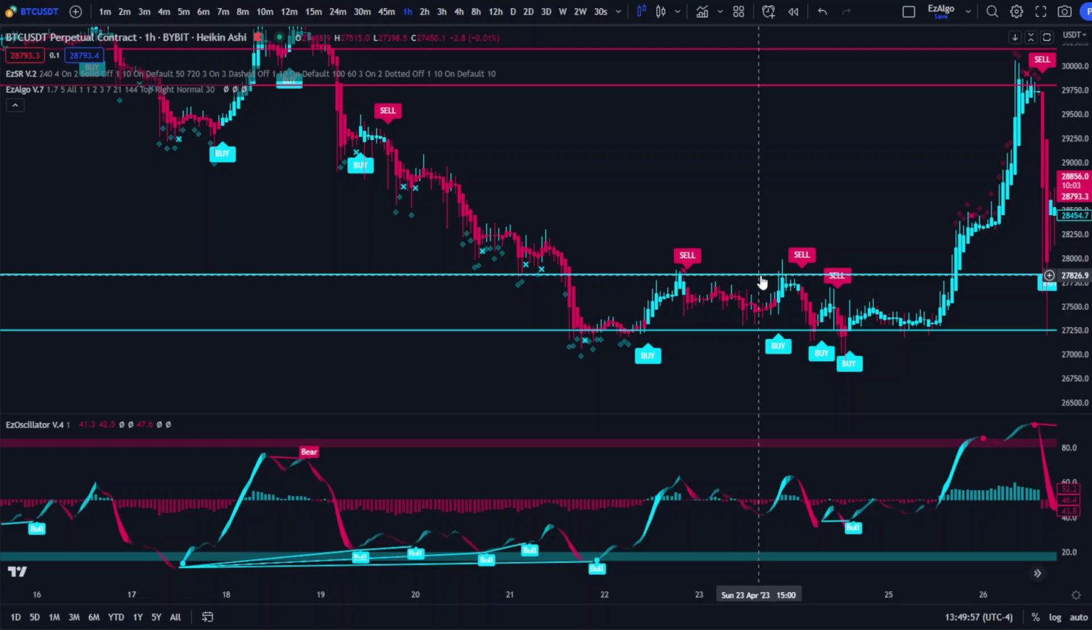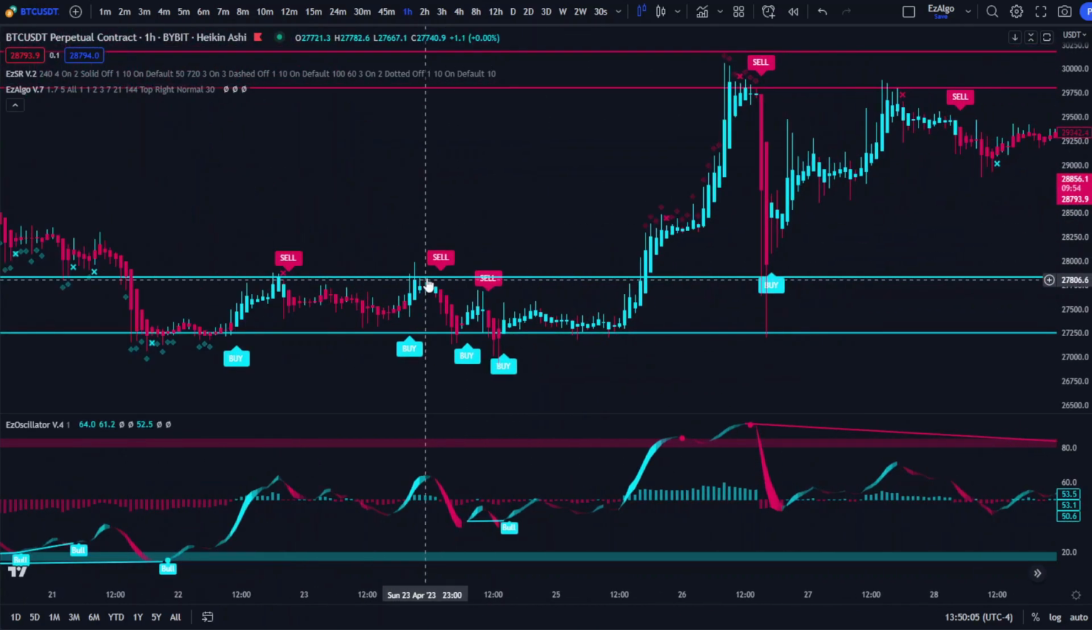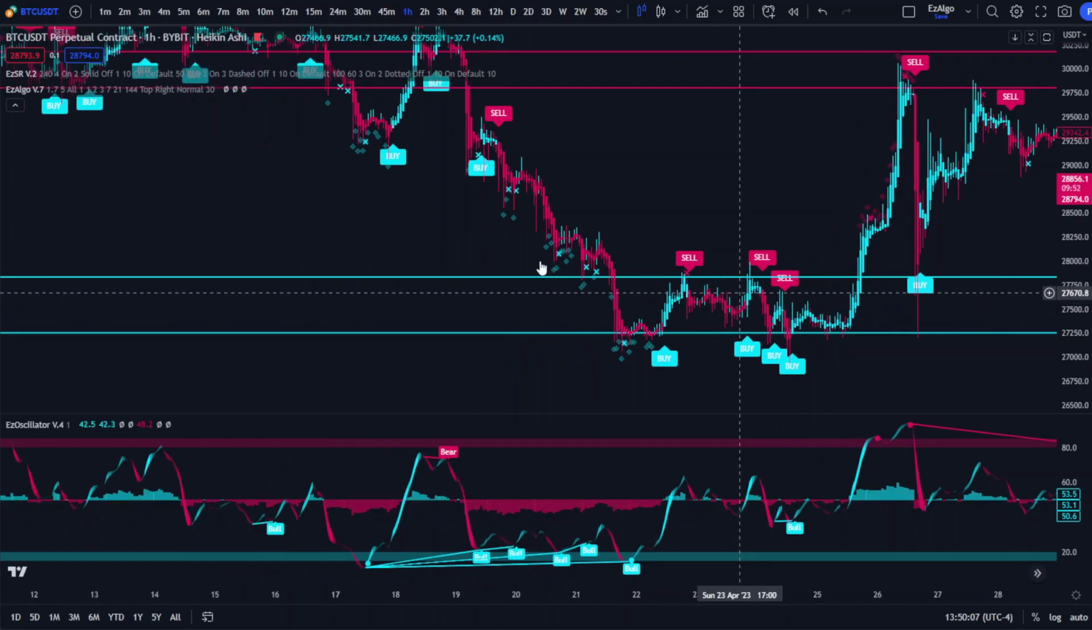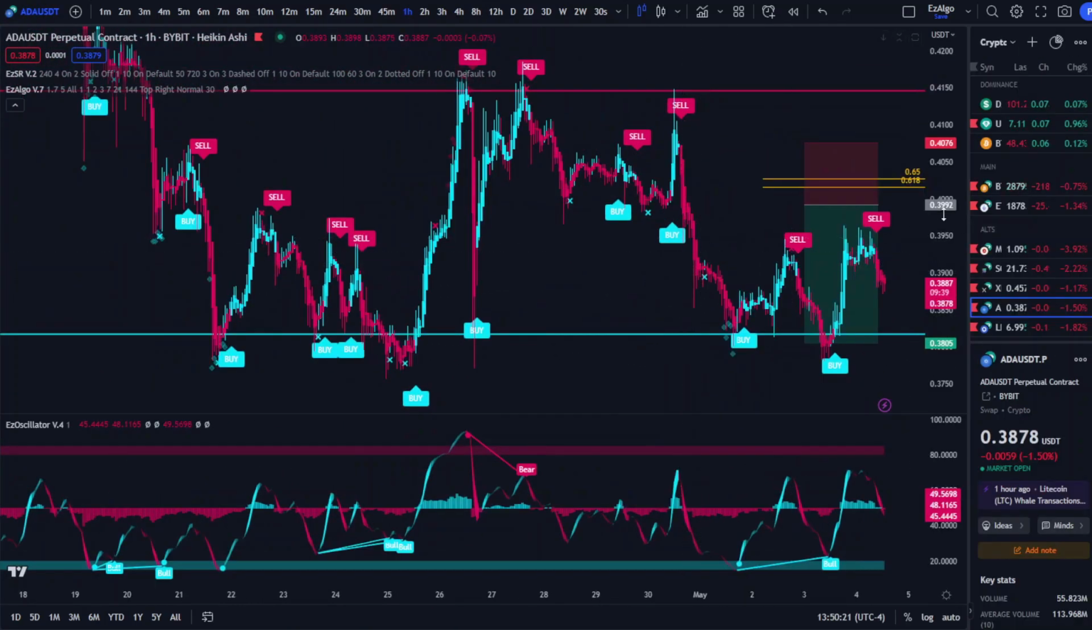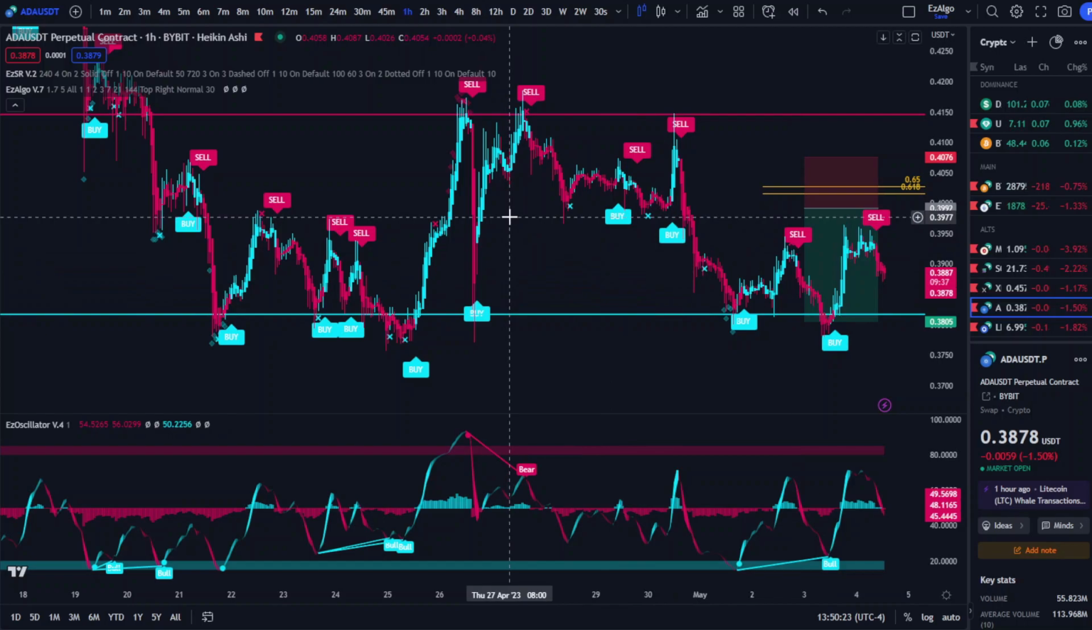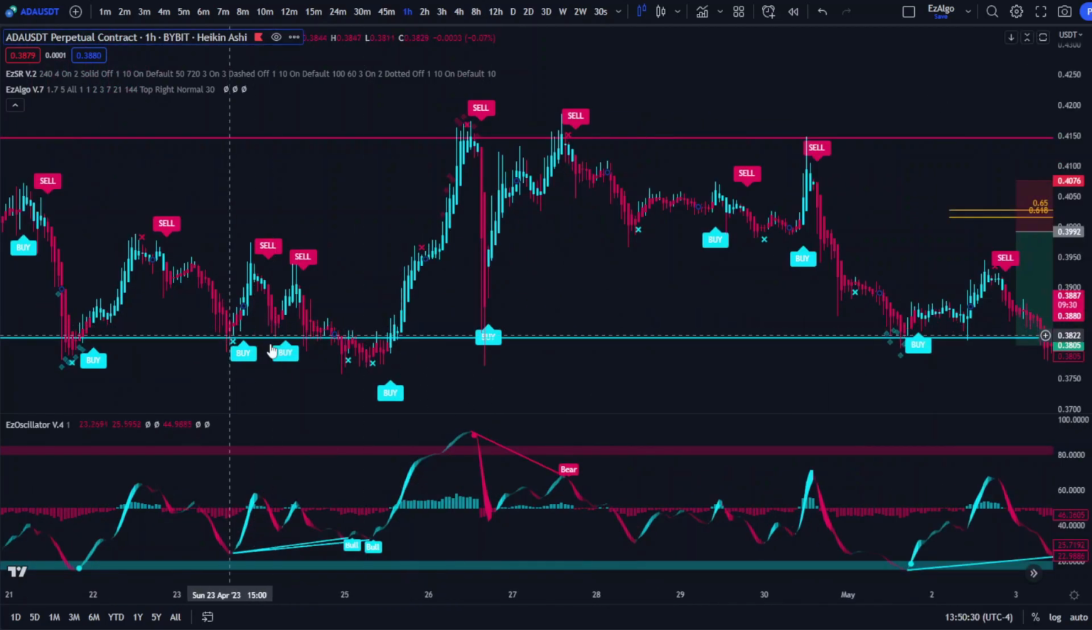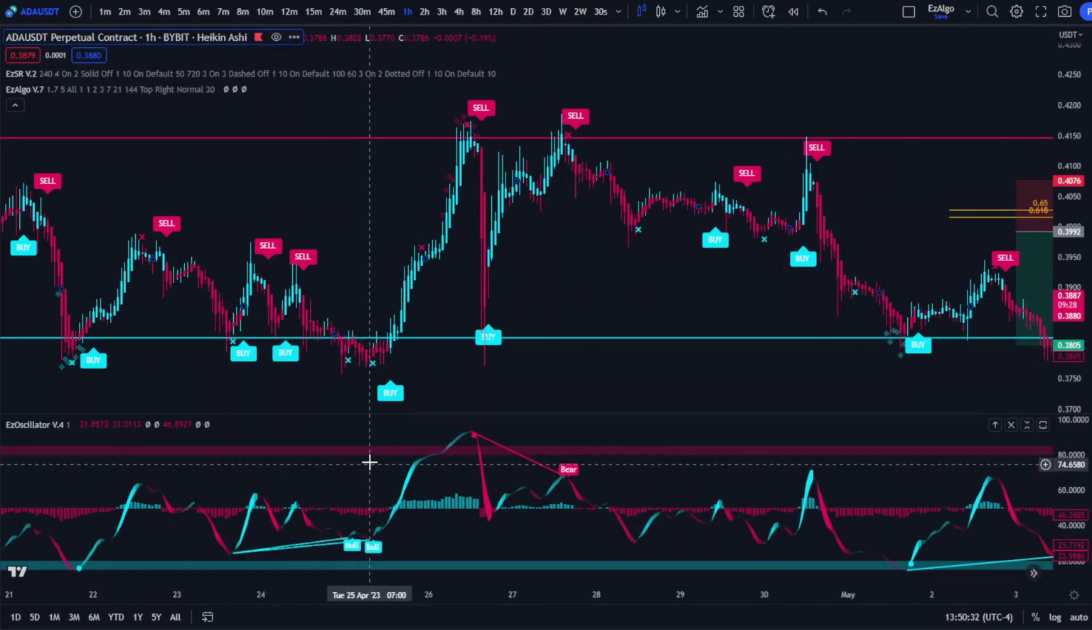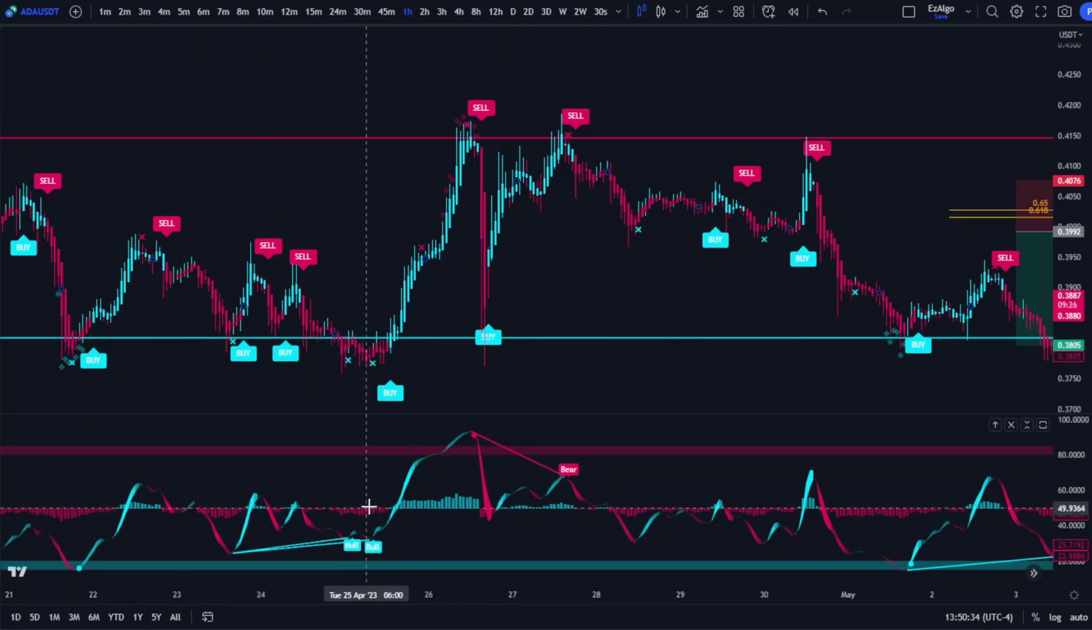Every input inside of Easy Algo should be used in confluence with your own technical analysis. So none of these signals are to be taken blindly, but as you can see, when taken at key levels, these can be very, very powerful. You can see the oscillator has been absolutely crushing here on ADA. Price is making a lower low, momentum is moving towards the upside, we get those bullish divergences, volume is upticking towards the upside,